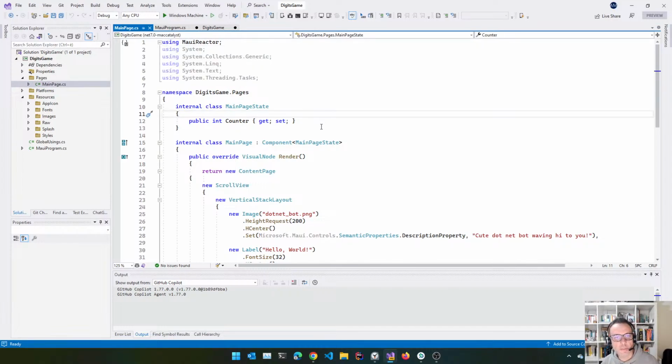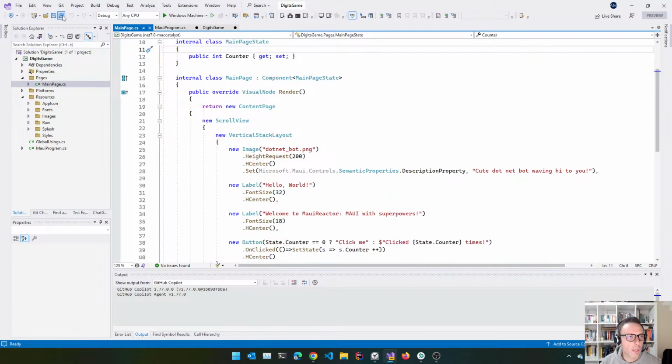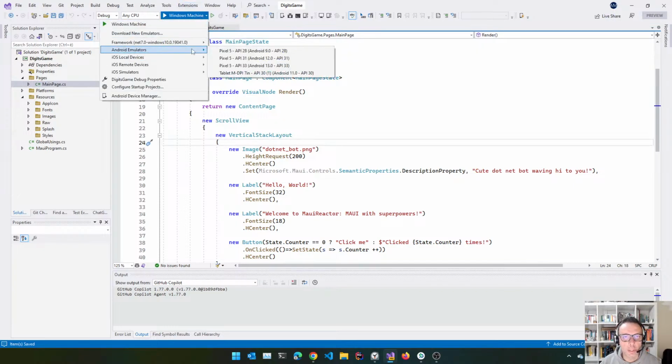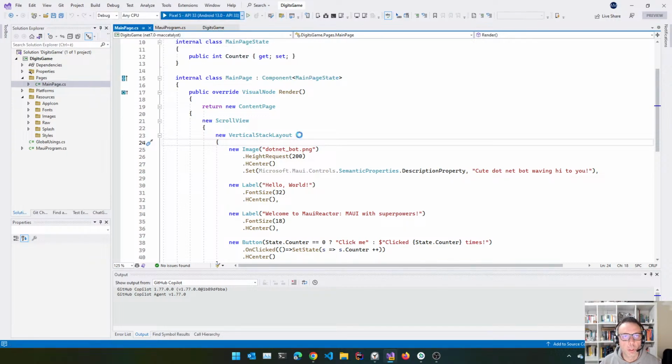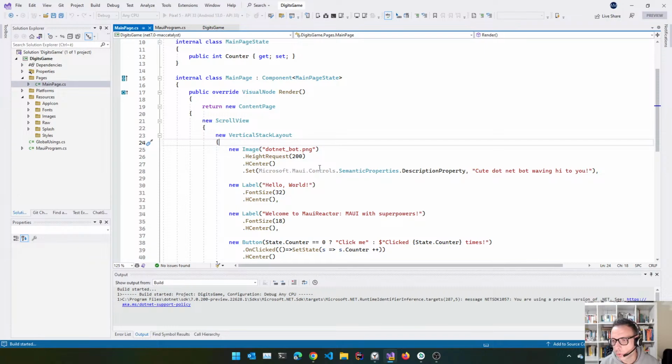The main page is the root component of our application. If we run this app now, we'll see the classic startup page